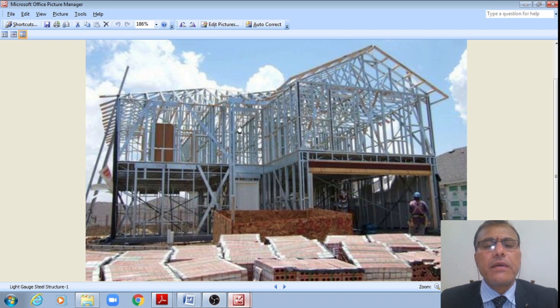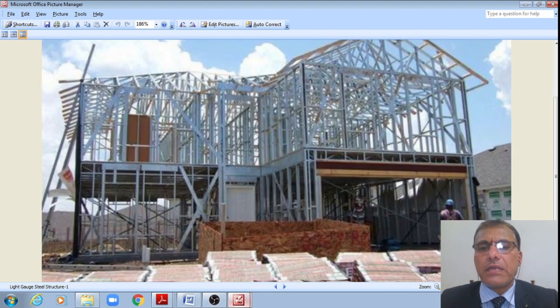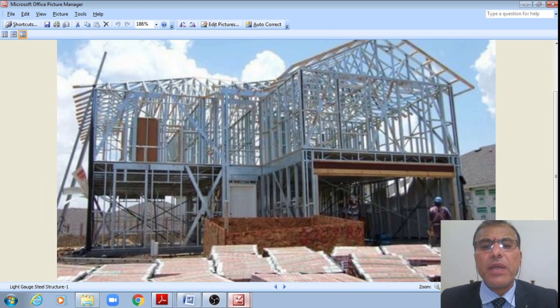Right, and all the wall panels are also made with light gauge panel sections, right? Light gauge steel structures with panel sections, and even we do have the wall claddings also, right? This is unfinished work, right? Only what we are able to see here is the steel frame only, steel frame alone we are able to see.